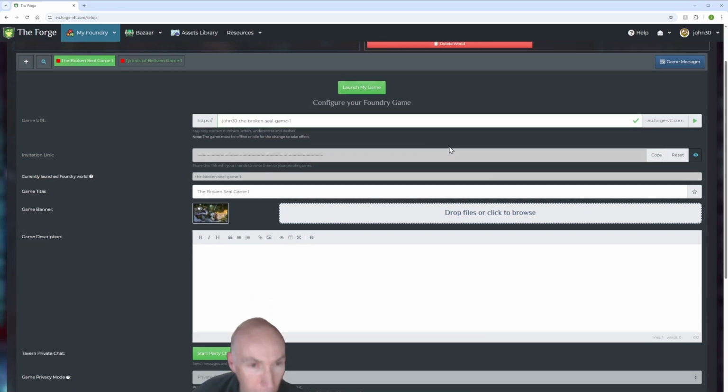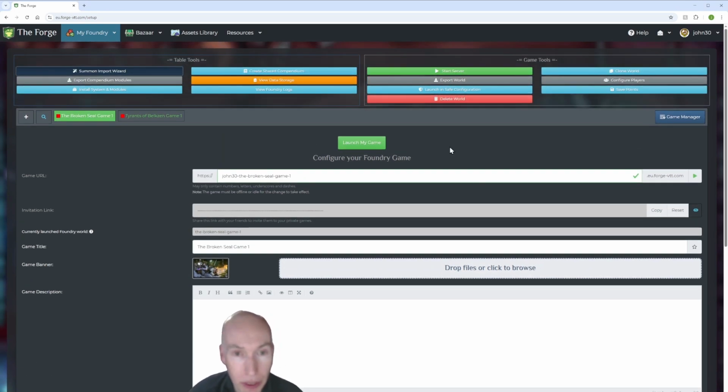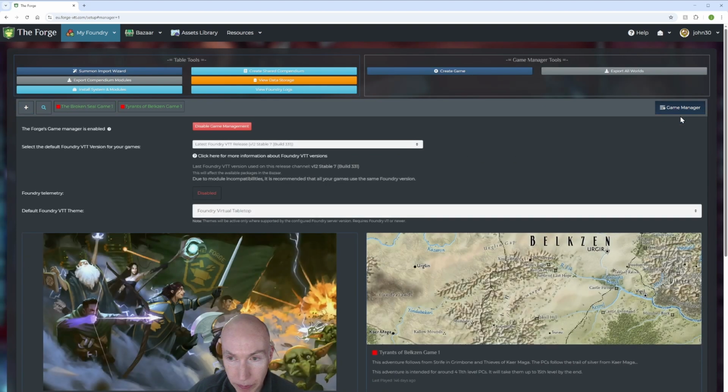So what we need to do is to create a world. We'll just assume that the module is in. We could probably check by looking at our assets library. We'll just assume it's in there. So what we need to do is create a new world. Just in the same way that we had a module and we might create a new world and attach the module to the world, we're going to do the same in the Forge. We don't see it easily here, but the plus is to create a new game. And if we're in the game manager, we see the plus there. So we go there,